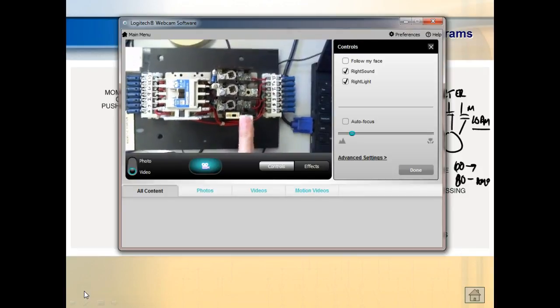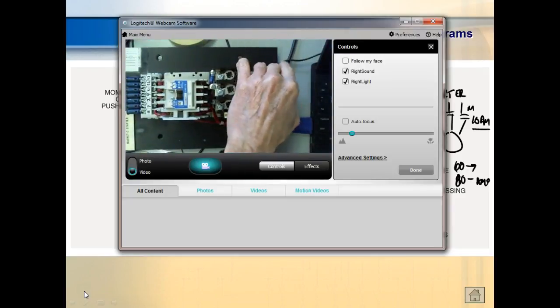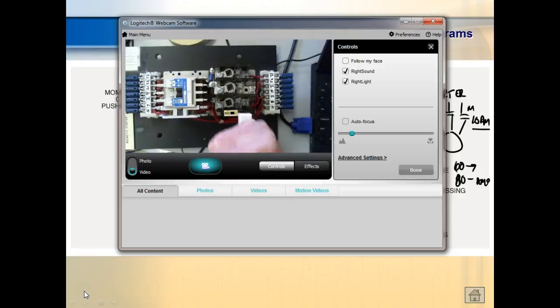This is the reset button right here for your overloads. So if your overloads trip, they are tripped. It's just like a circuit breaker in your house. But those suckers don't reset automatically, do they? So this is where we'd reset the overloads right here. Now this